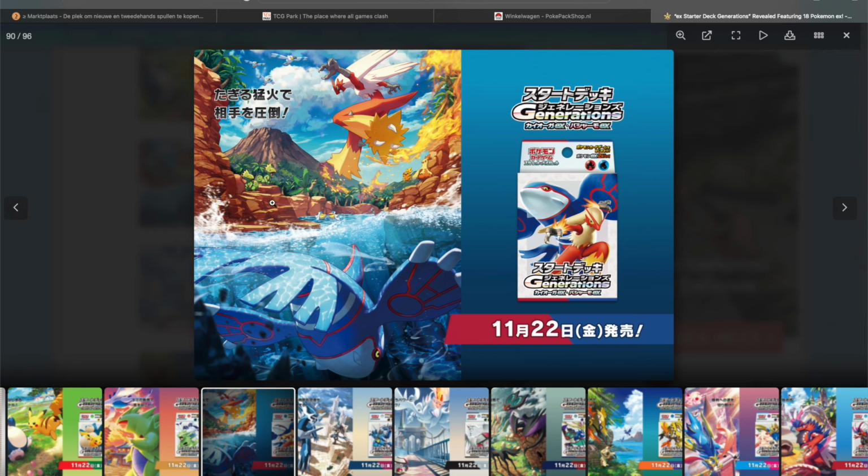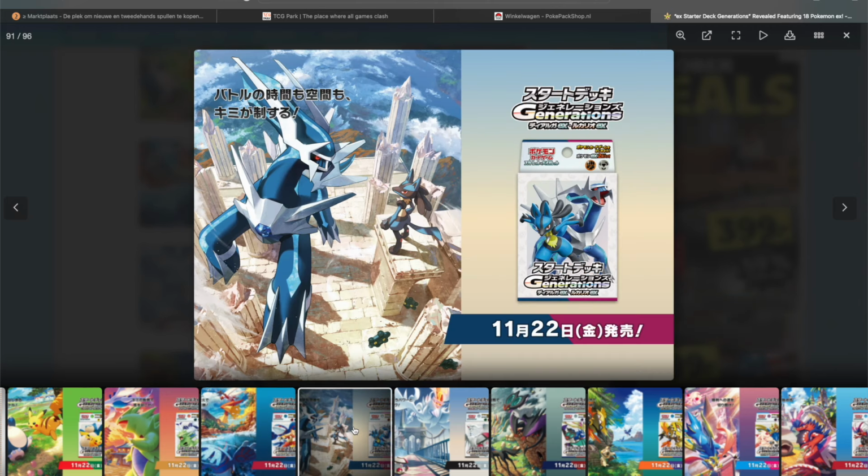I don't know if there's any other Pokemon that I'm missing right now, but that is cool, with the volcano in the back, with the flames behind Blaziken's feet. That's probably my favorite out of all of these. Incredible. Then we have another super cool one, Dialga and Lucario, with some Bronzor right here on top of